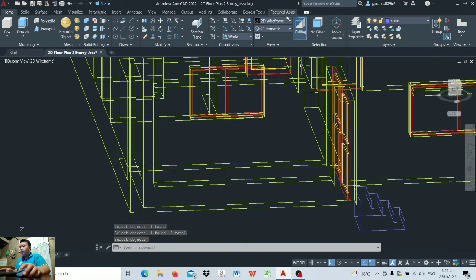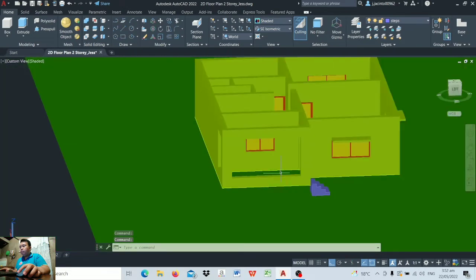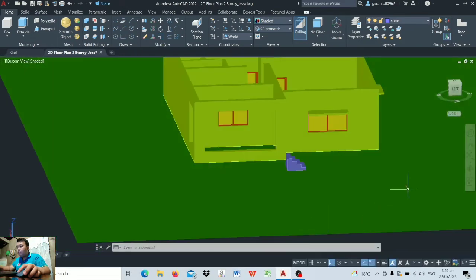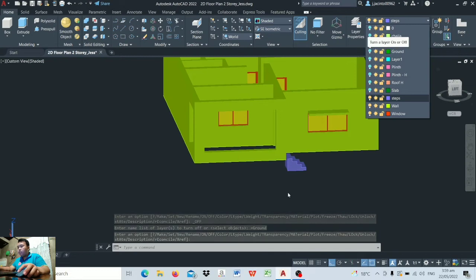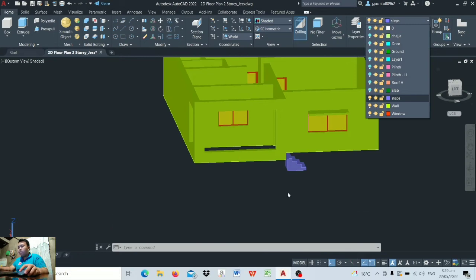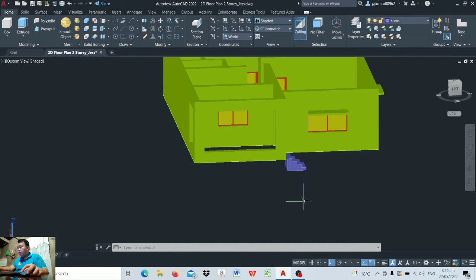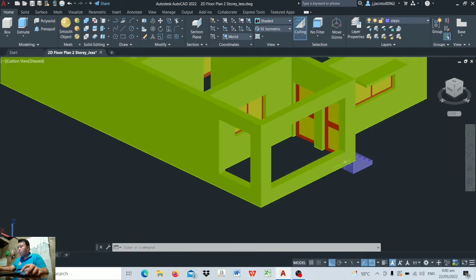After removing the unwanted lines, let's go back again to the shaded. So turn off the ground first,